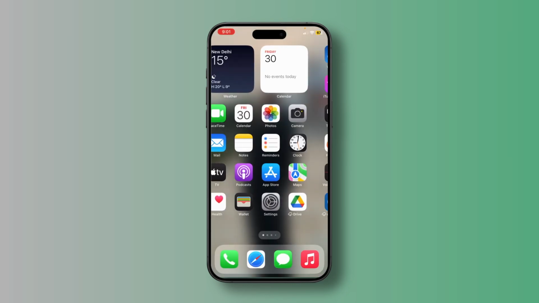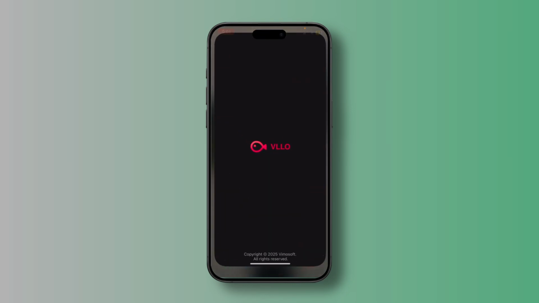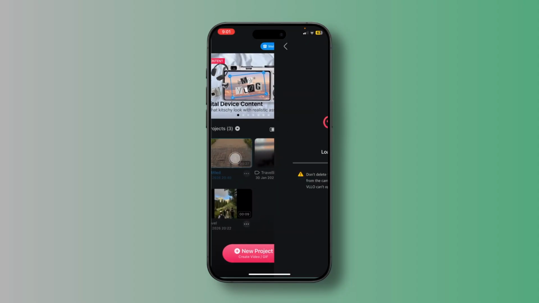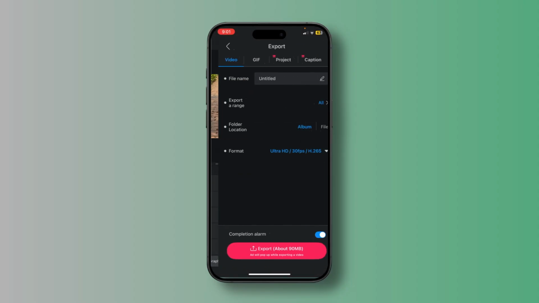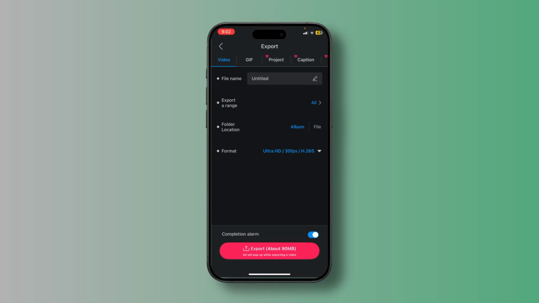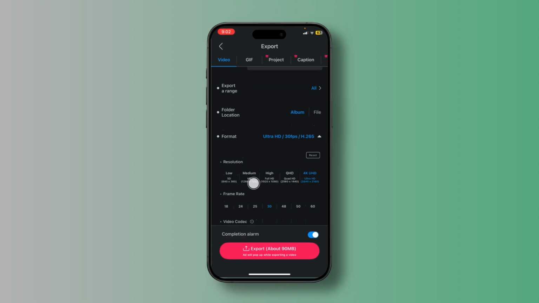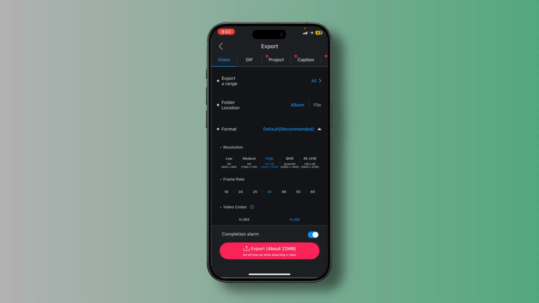Then also make sure to review your export settings. Within the VLLO app, make sure to open an existing project. Within it, tap on export button at the top right corner. Under the video option, try lowering the resolutions or frame rate slightly. For example, you can just switch from 4K to high or from 60 FPS to 30 and then try exporting